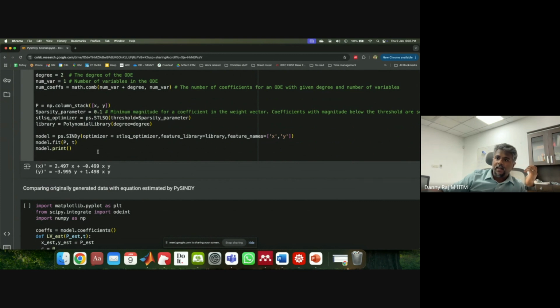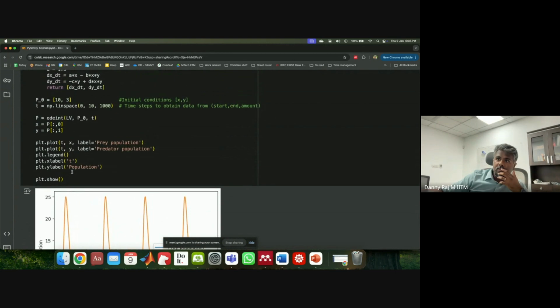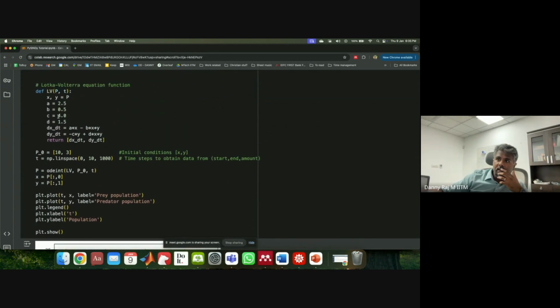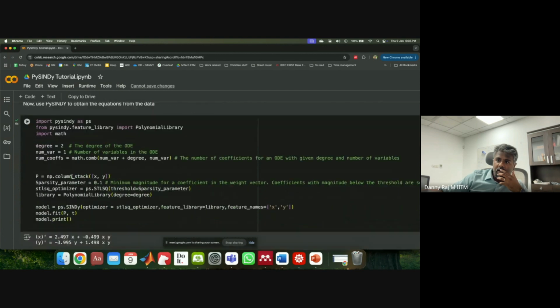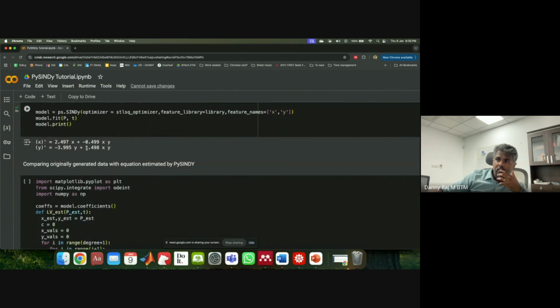And voila, it does. So this is 2.5x, 4 minus 4y. This is 2.5x and 4y, 2.5 and 4. Okay, 2.5, 4. Then 0.5, 1.5. 0.5 minus 0.5, 1.5. You see that it's able to pretty well